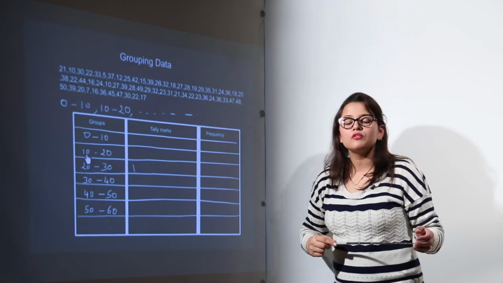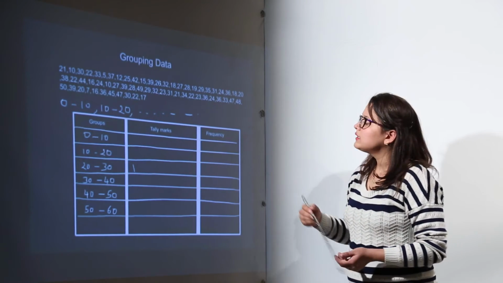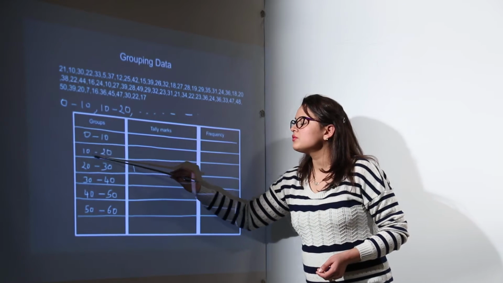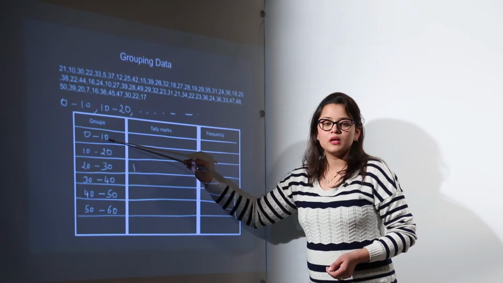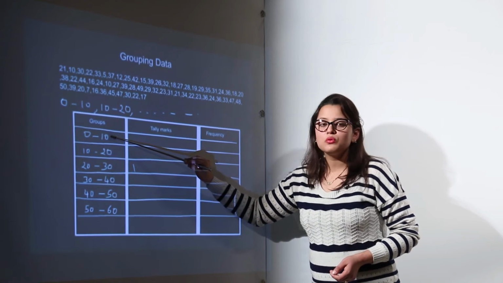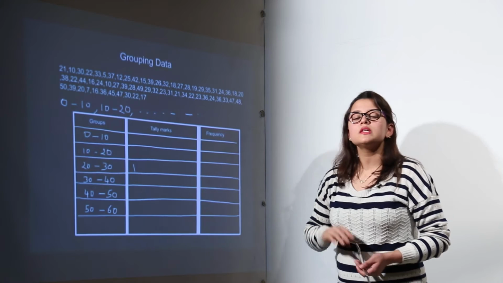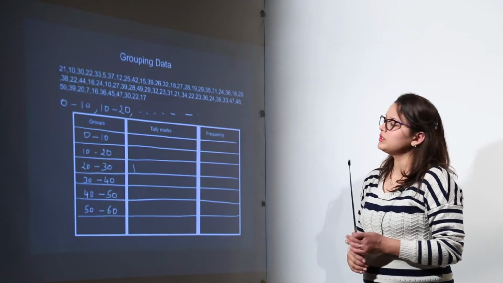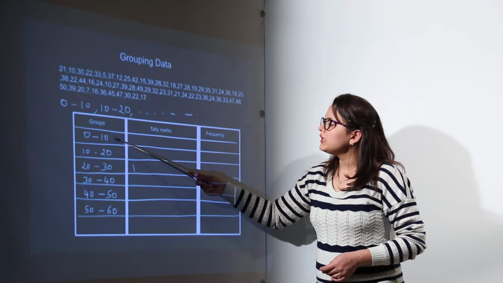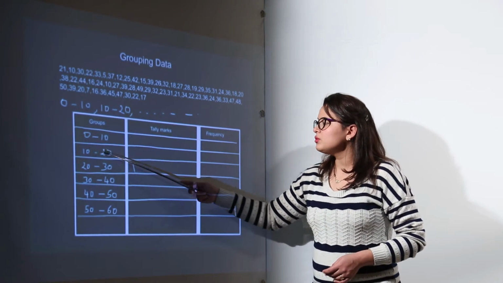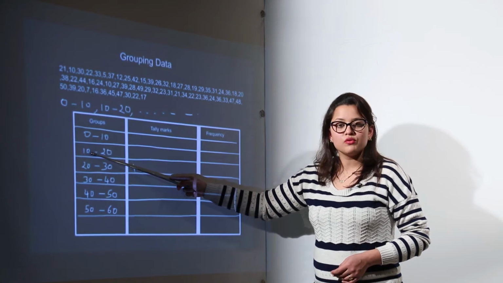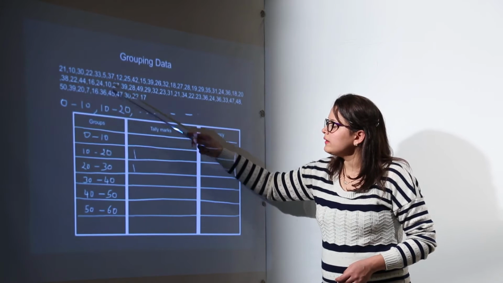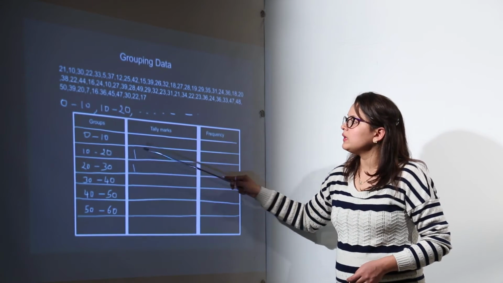Please do not get confused in this one, because the value 10 is always considered in the next, successive group. Over here you cannot make a bar for 10. 10 is not included in the group of 0 to 10, because in the group of 0 to 10 only the values 0 to 9 are included. So 10 is going to go into the next group, that is 10 to 20, where values will be ranging from 10 to 19. So we will be putting the value 10 in the group of 10 to 20.